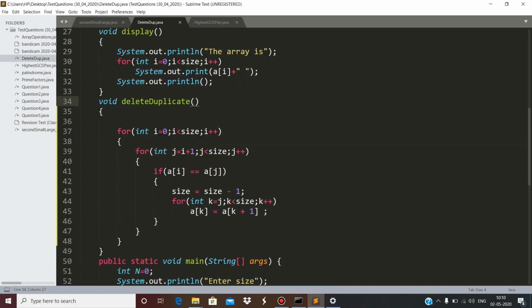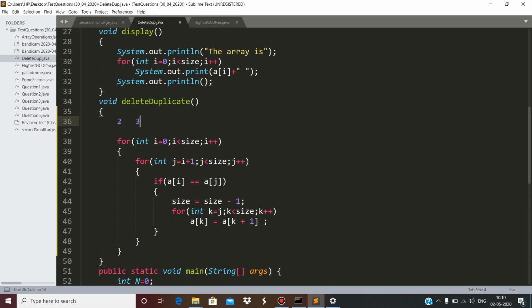Just because when we have shifted the elements from index number j, suppose it is index number 2, suppose we have the elements like this and the index numbers are these, we have got the first duplicate at index number 2. When we do the shifting the first time, the element at index number 3 will acquire index number 2. And after this shifting process, j will get incremented, and j was at index number 2.